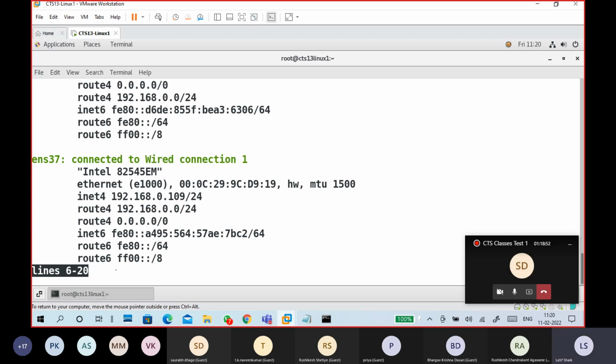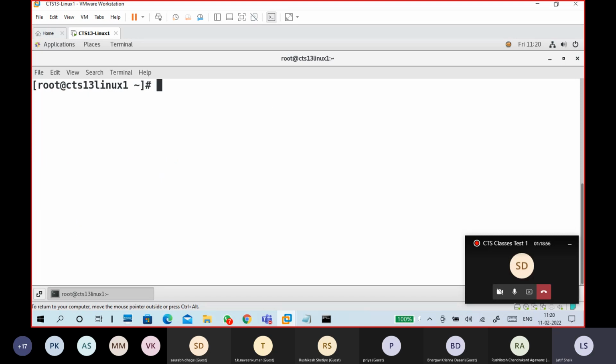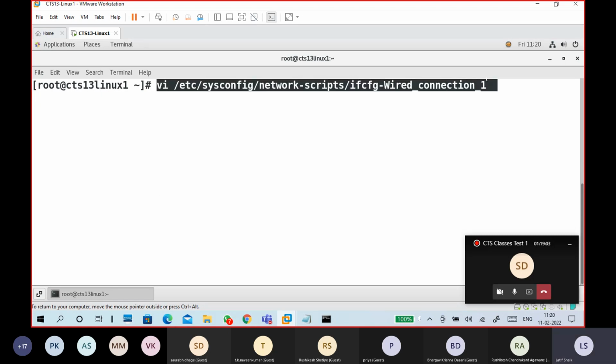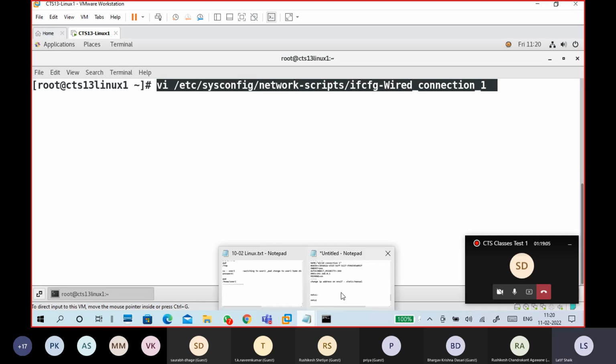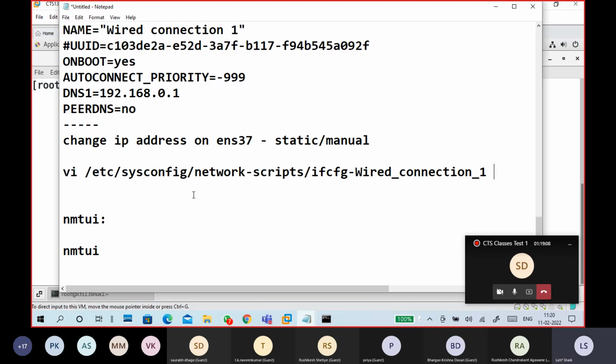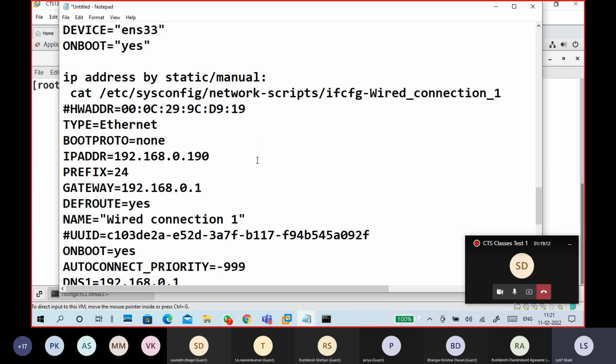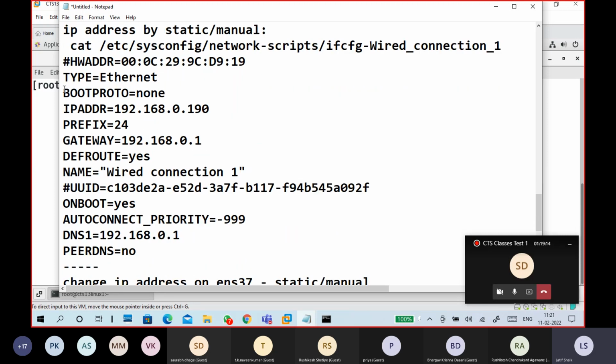So this is how you can change it manually with a file. Go to this file and edit it as per your requirement. I didn't do anything else, I only changed this part.